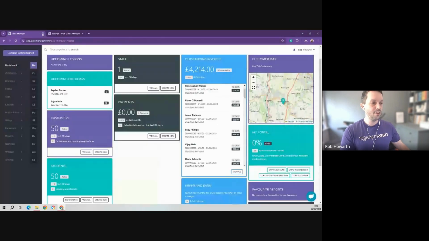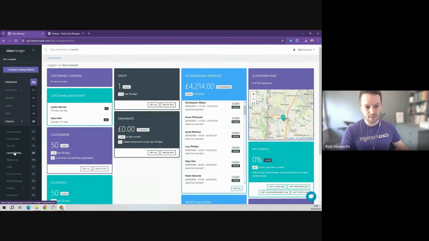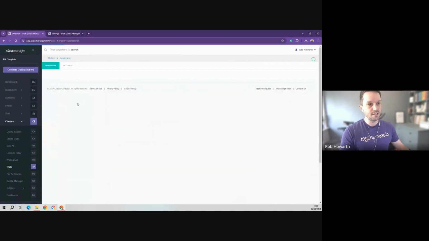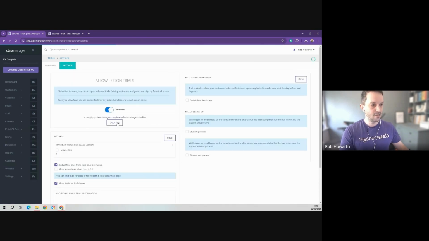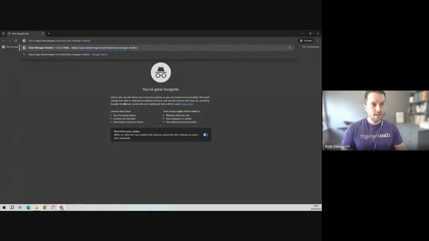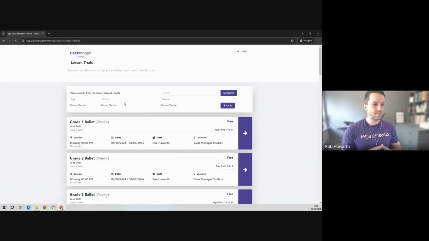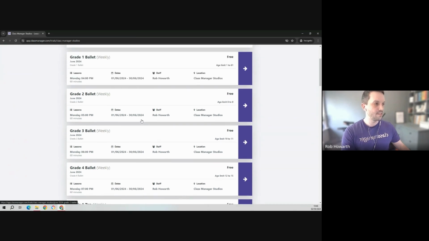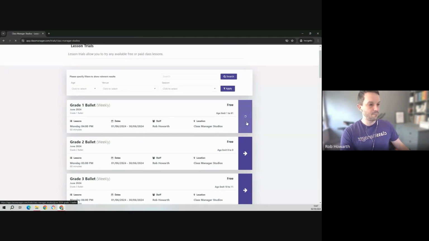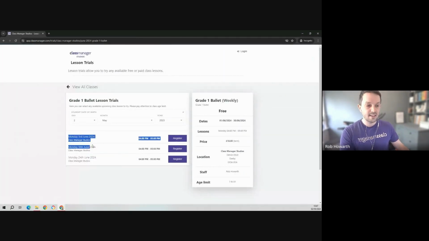And then the third option is your trial link, which is just in here. So we go to trials, settings, copy that link. And this one is my personal favorite. I prefer this way of doing it because from here, a person can pick a class. They can then select one of the remaining dates of the season. I know lots of people out there do multi-week trials. It's not something Class Manager is currently set up